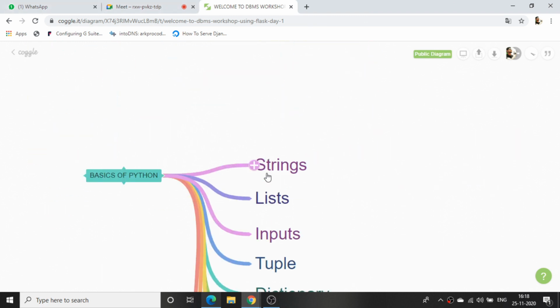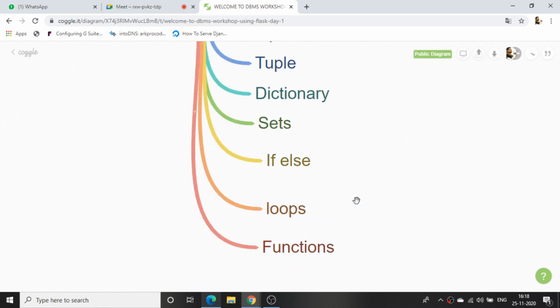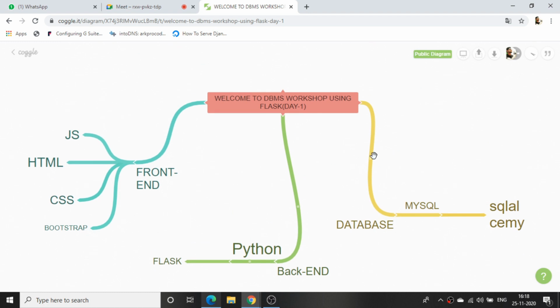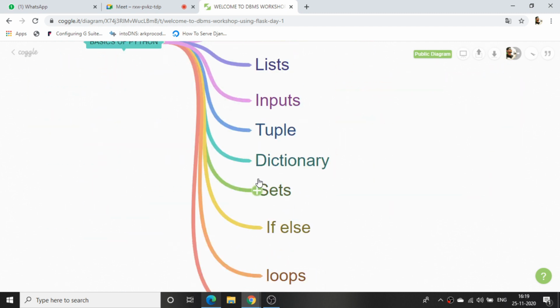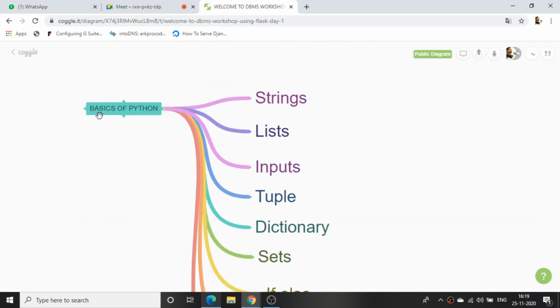We'll be seeing the basics of Python today, and we'll try to cover all of it. From tomorrow we can directly start with the proper project structure. First we'll create a schema diagram and see how the schema will work. Then, according to that structure, we'll design the project. I have done this one today; if I type it all out, it will take more time, so I have done it like this. Okay, so let's come to the basics of Python. How to start the basics of Python.